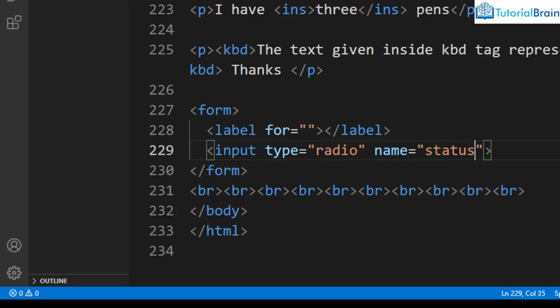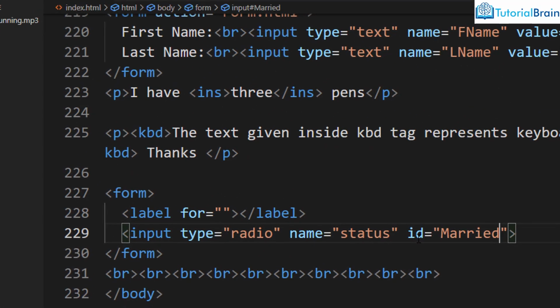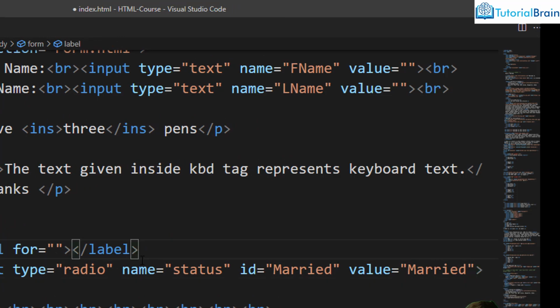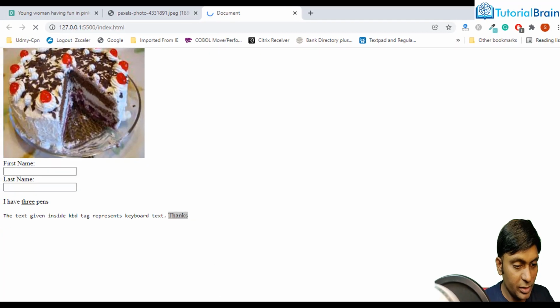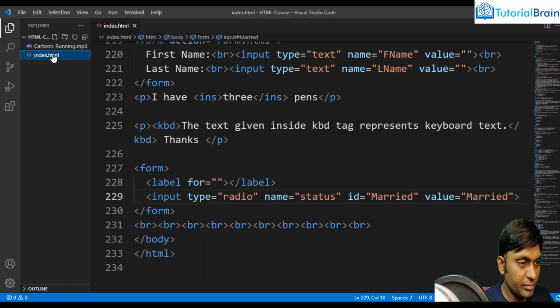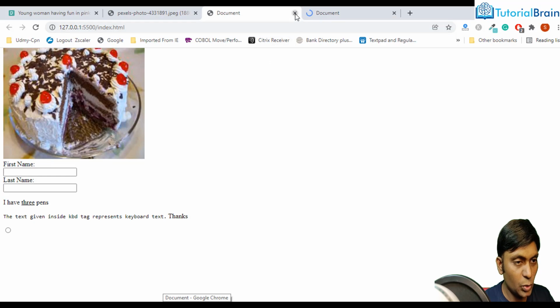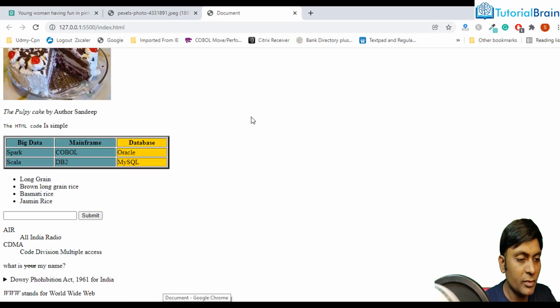ID is equal to married, and let's give a value. So I'll give a value is equal to, let's say, married. Alright, and now since this is the input type, I'll just show you first. If I save this, let me execute this again. So let me open with live server, and let me close the previous document. Let's come down,